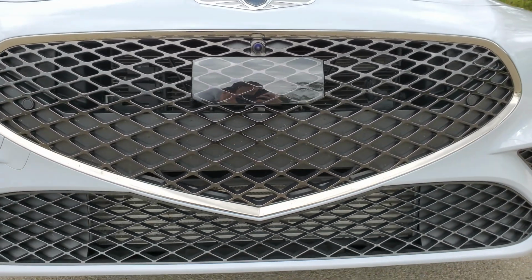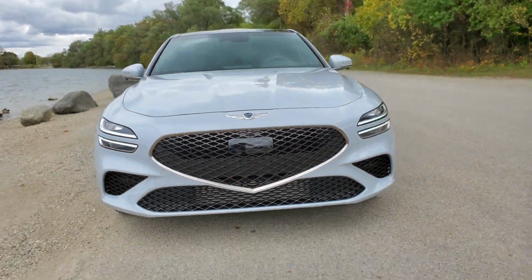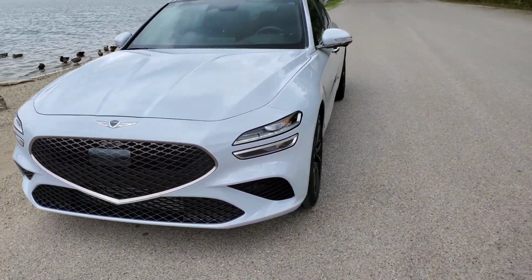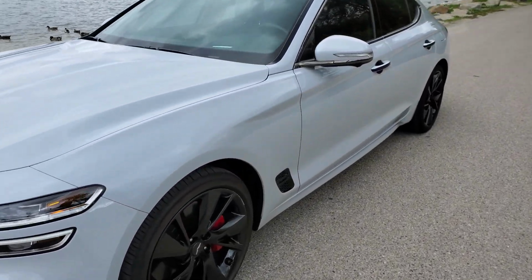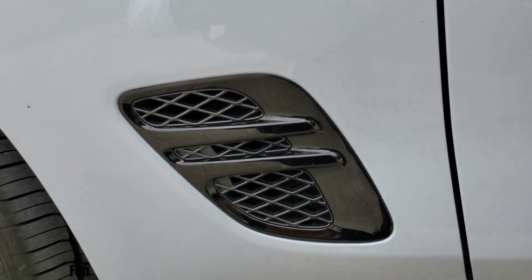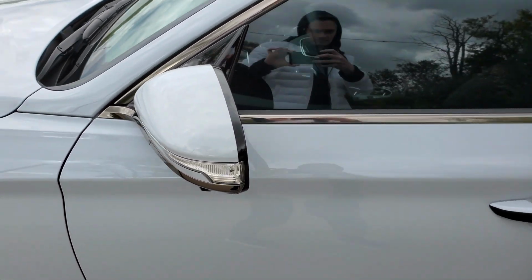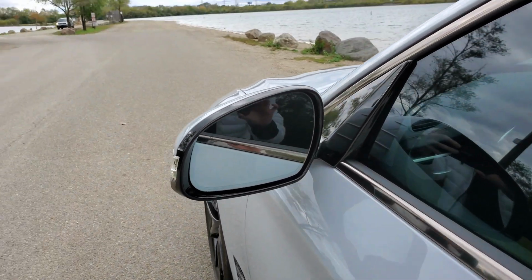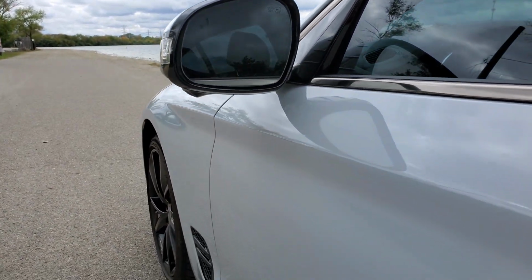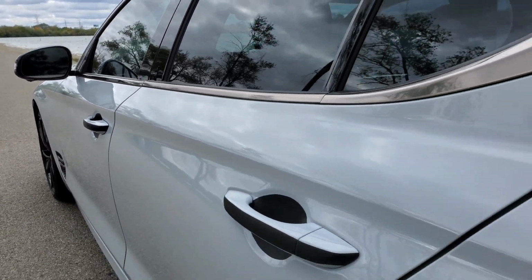So if you buy this car brand new at $56,000, $57,000, in less than a year you're going to be losing close to $20,000, $25,000 in depreciation. And I personally just do not think this car is worth nearly $60,000. If you factor in state taxes and all of that, which a lot of people don't consider when looking at cars, this vehicle basically comes out to $60,000, if not a little more, if you're in a state that has